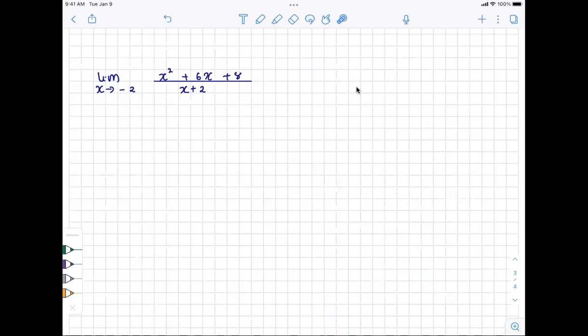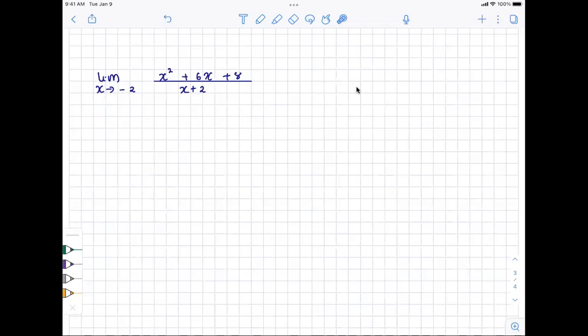Okay, so this video is about solving a limit using simplification, right? So you want to simplify the equation before taking the limit, basically what I mean. Given the limit as x approaches -2 of x squared plus 6x plus 8 over x plus 2. Before we do a direct substitution, we want to check: do I have a